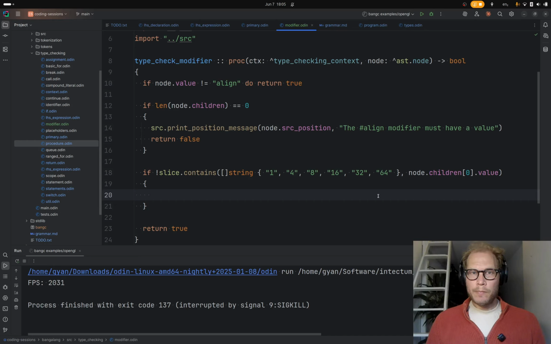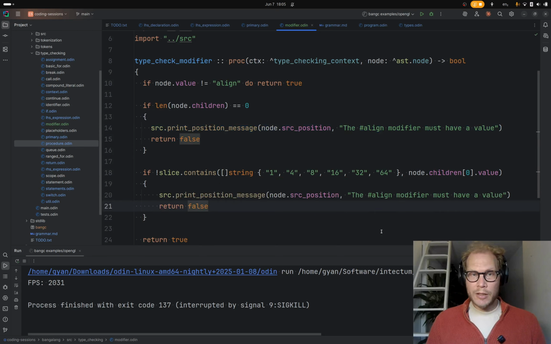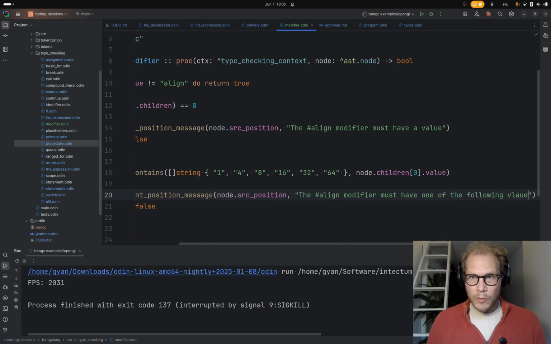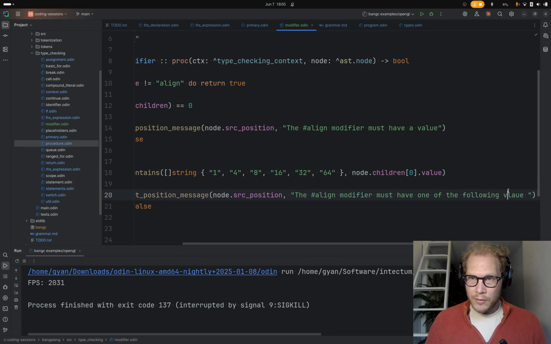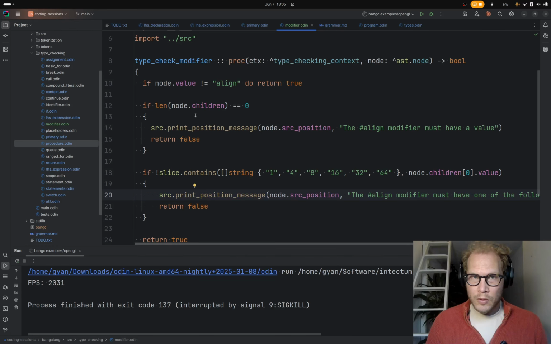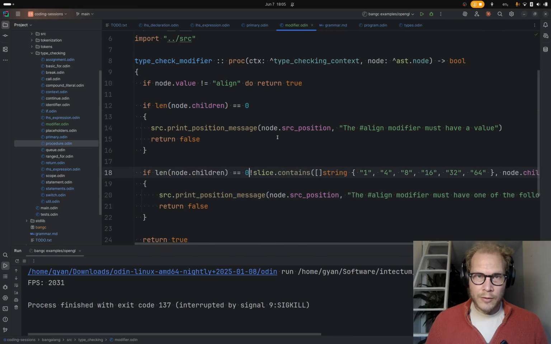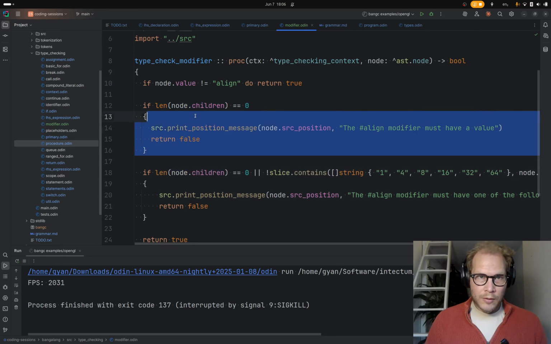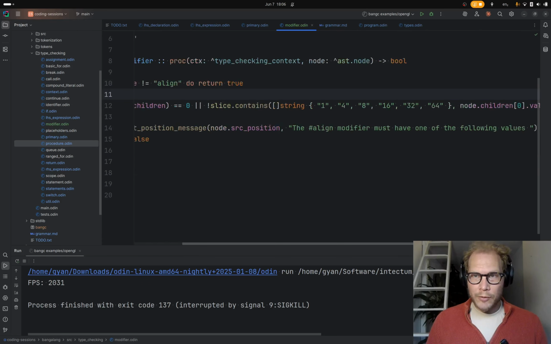And if it's not, then we say the align modifier must have one of the following values. So I guess we could put that error for both of them.